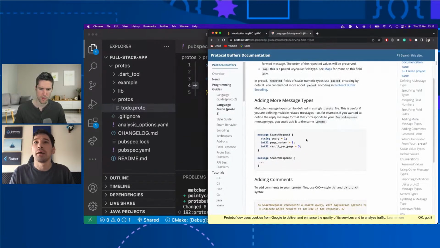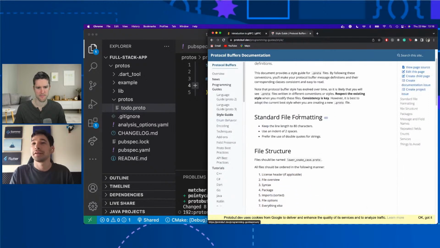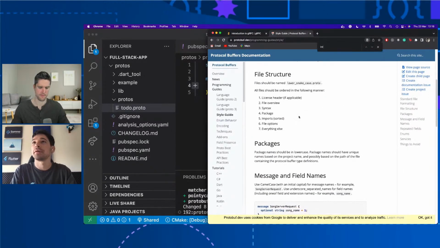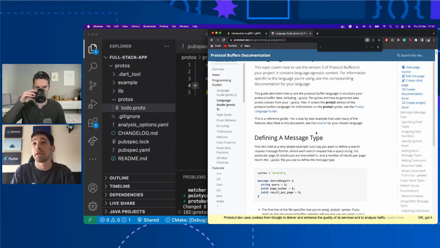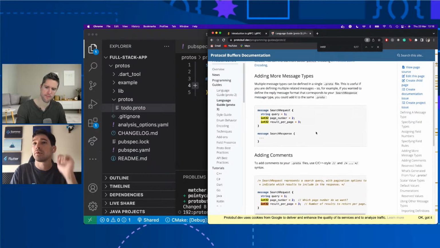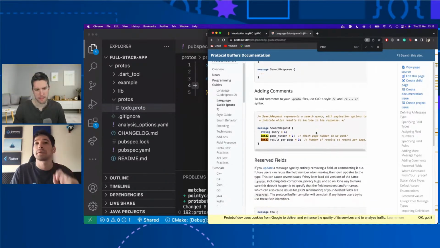Maybe there is a section where you can search all the values of your types. But that's not important. We're going to use basic types here.